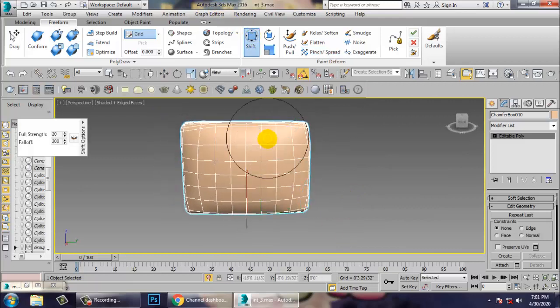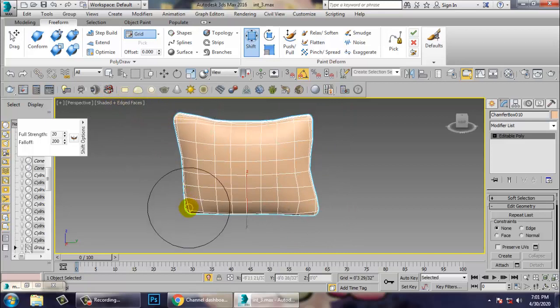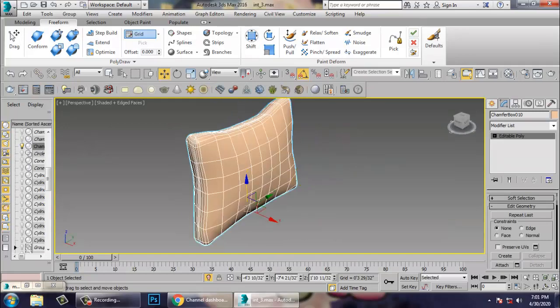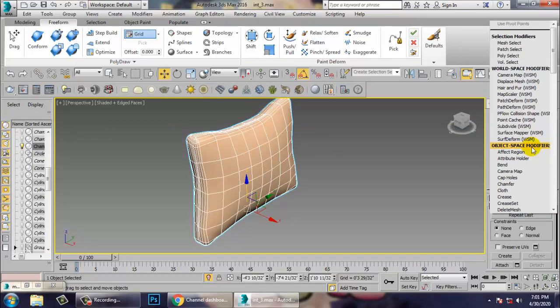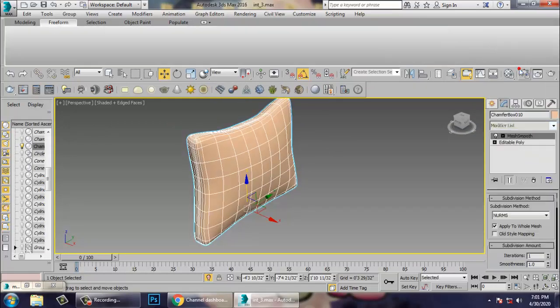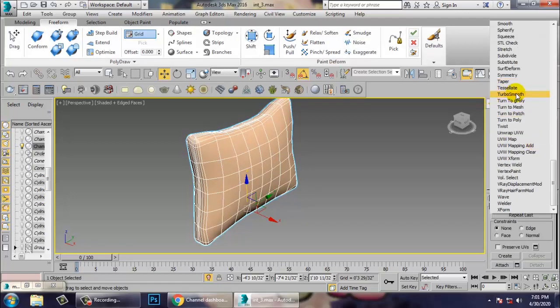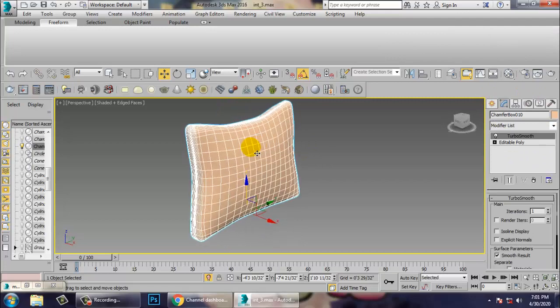Use a bit of shift over here. Push it down, push this up, convert to poly, and let's give a modifier, that's your mesh smooth, or you can also give a modifier that is called turbo smooth over here.